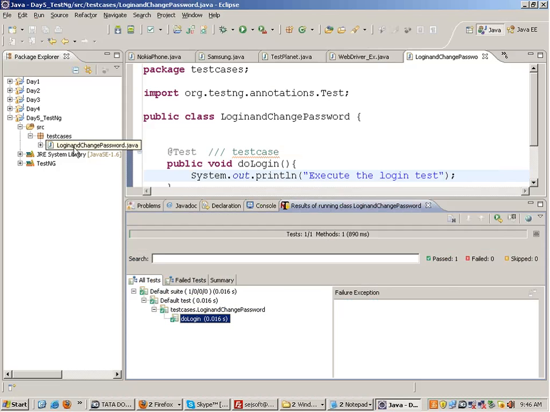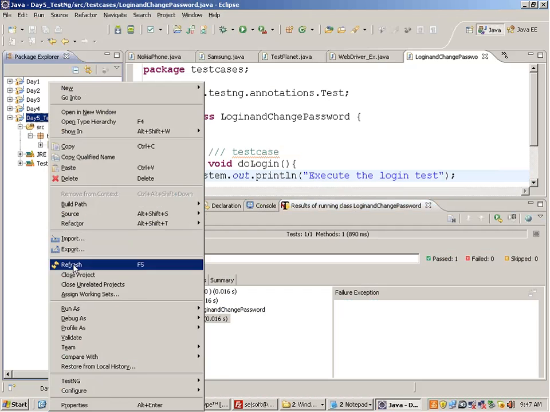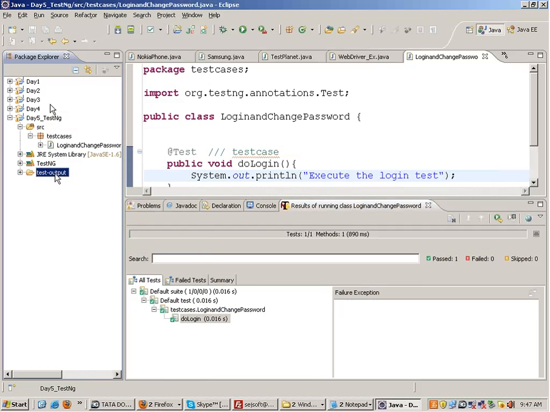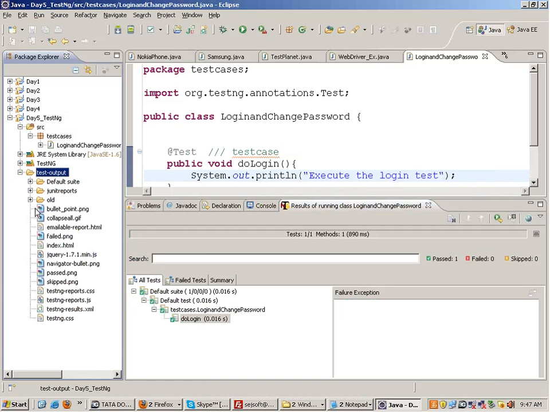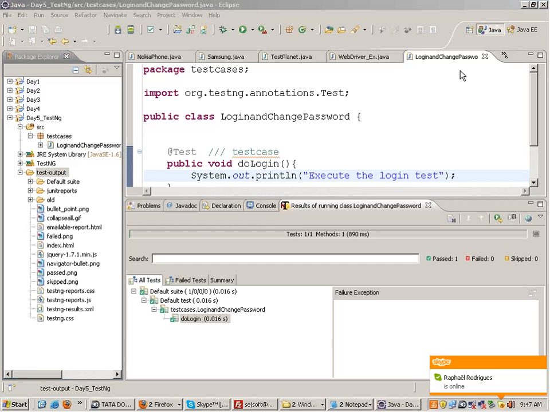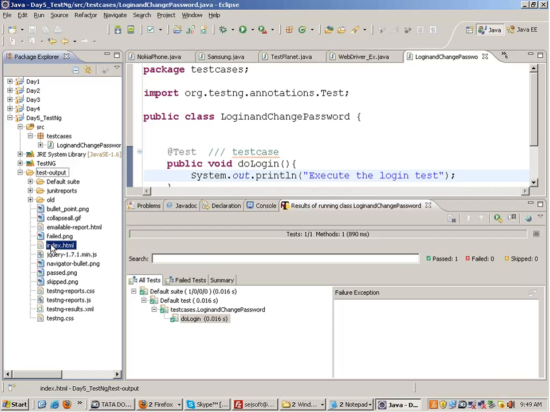Okay, and if you refresh your project, you will get a test output folder. You can right click on the project and refresh it. Fine, you will get a test output folder. In this test output folder, you will have the HTML reports generated. In this test output you will have this index.html file. If you look at the index.html,